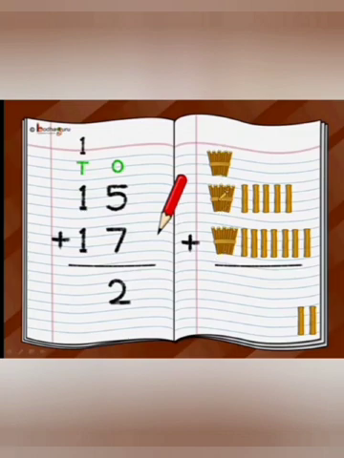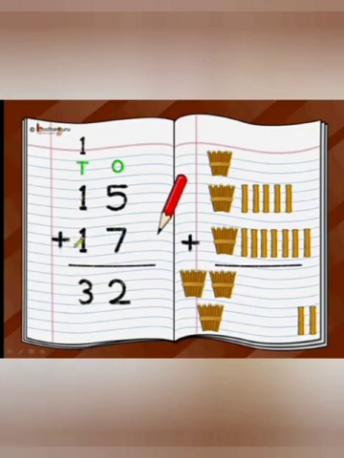So now we had initially one bundle of 10 sticks here, second bundle of 10 sticks, and one more bundle we got because of the addition here, so that becomes the third bundle. So how many bundles do we have? 1, 2, 3. So we write down 3 bundles. And the same thing we do here, we come back to the tens position and we add 1 plus 1 plus 1, which is 1 plus 1 is 2, 2 plus 1 is 3. So the final thing is 3. That is 3 tens or 3 bundles. So the total is 32, or 3 bundles of 10 and 2.